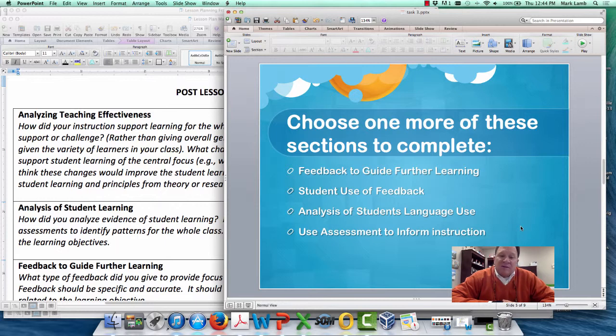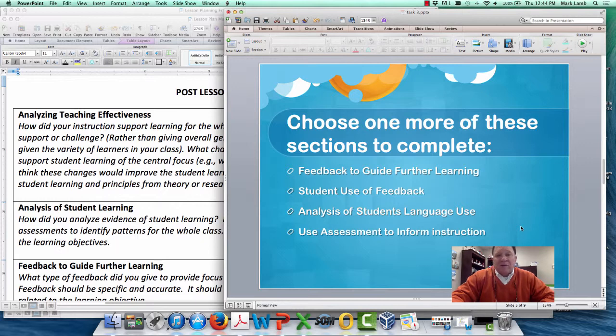Maybe your lesson, or maybe your field experience teacher's classroom design, has built into it methods that are going to lead to responses to more than one of these sections, and that's fine. You're certainly welcome to do that, but you're required to choose at least one additional